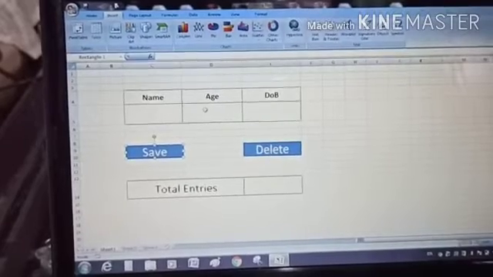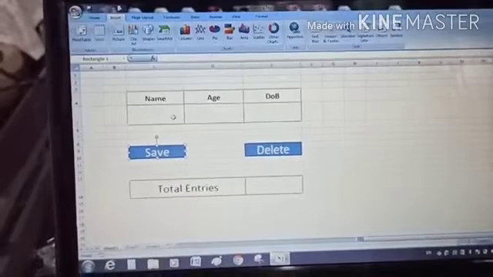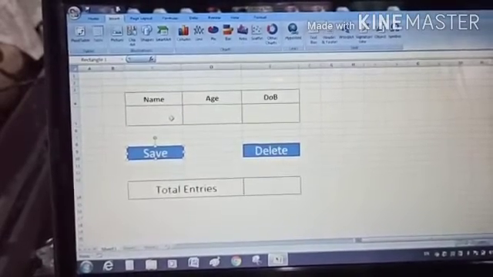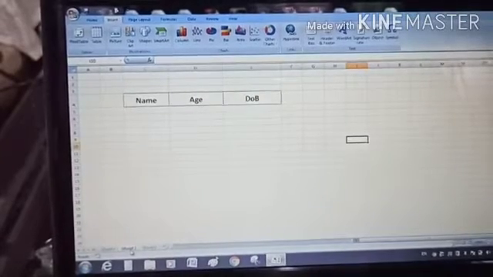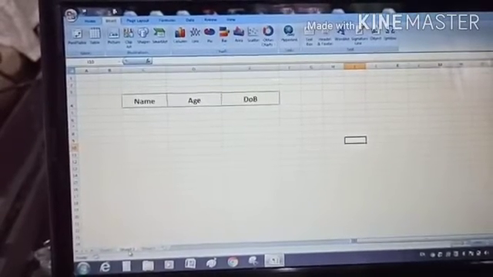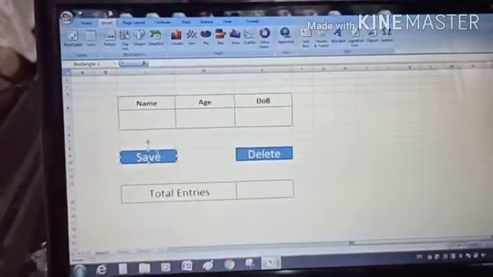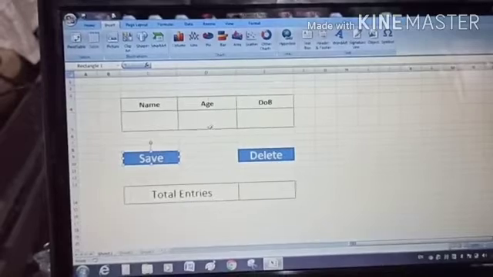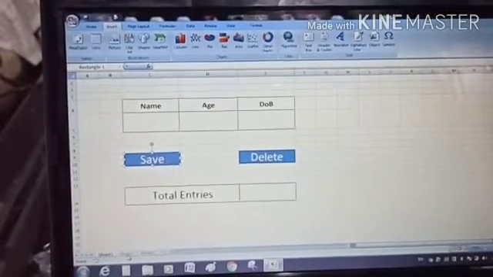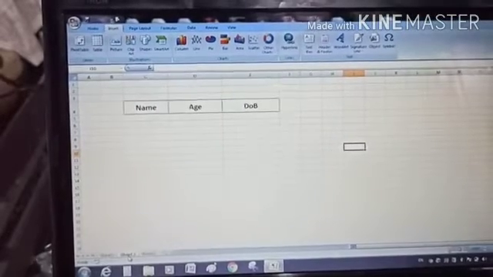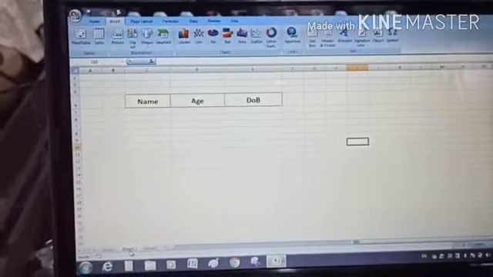Whatever entries I make here will be saved on sheet number 2, where I have the same format. After clicking on the save button, those entries will be saved on sheet number 2. Now we will see how the macro works.